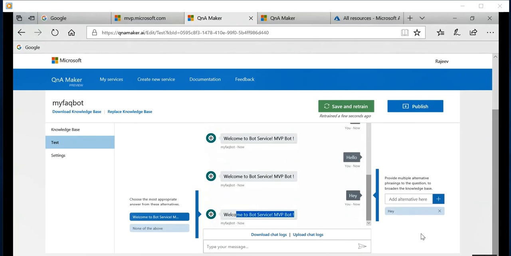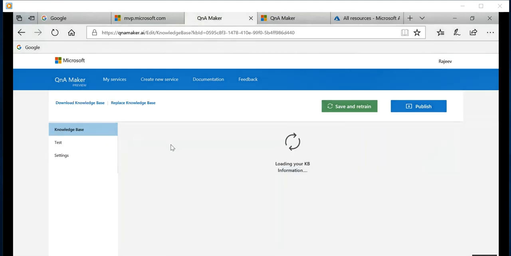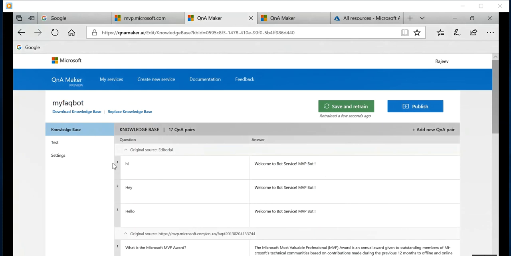Hey, so welcome to bot service MVP bot. So hello, we have not created. Now let's go and see this knowledge base. So these are the three options which we have right now, which we added over there,